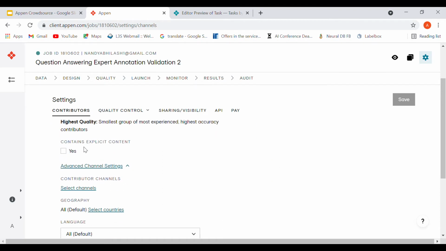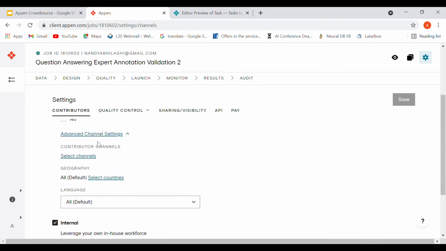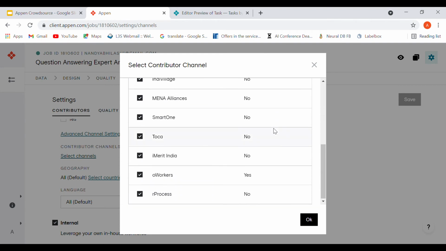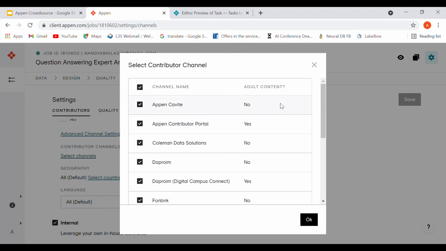Over here you can mention if it contains explicit content, and you can also go for selecting channels, but I'm not very aware of which channel is what, so I generally do not use this filter.